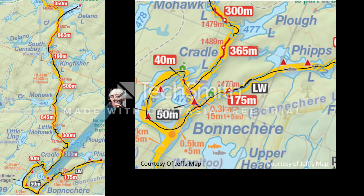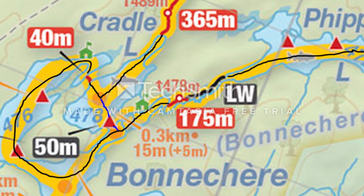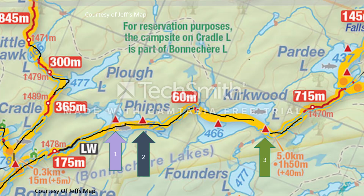So you can either go to Bone Chair Lake, which has those 3 campsites that are very viable for your adventure, if you don't want to do the extra travel. But if you're going to go to either Phipps or Kirkwood, here's my suggestion: you probably should go to Phipps, because after all the portaging, then going to the 175 portage after Bone Chair, going through low water, like that, sometimes there might be high water, but if they put that on the map,